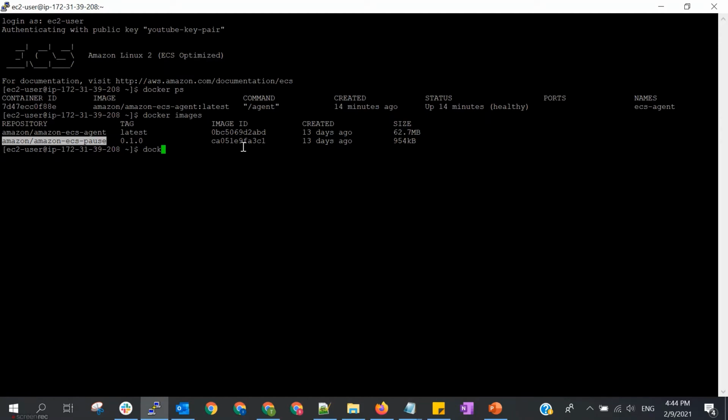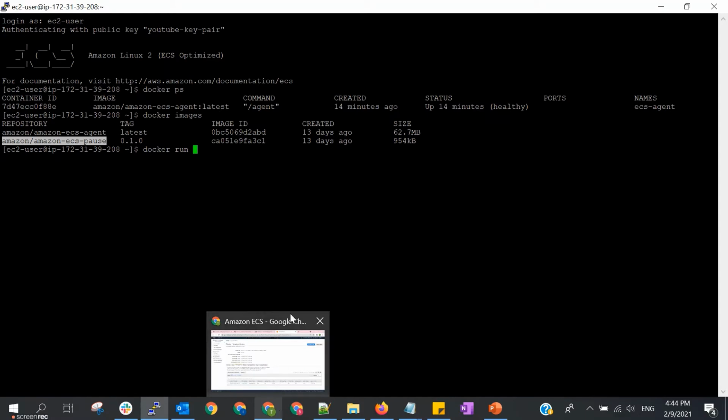Okay, so let's try to run something. Again, I have explained earlier that we will never use this docker run command if we are using ECS, because the container will be run by the service. But this is just to explain some of the basic concepts of Docker.